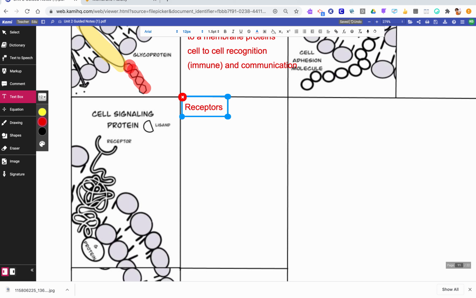So examples of receptors can be, for example, an insulin receptor. Insulin itself would be the ligand. The ligand is what activates or is going to match